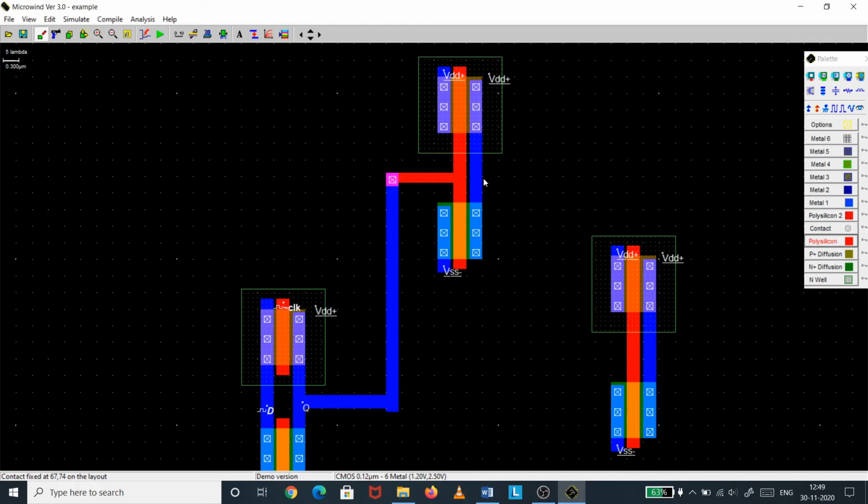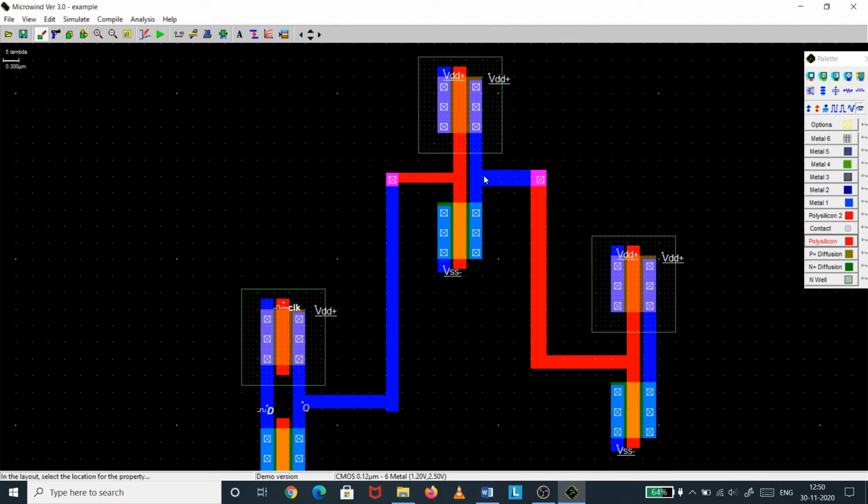Now this is nothing but Q bar, and this Q bar is connected to the second CMOS inverter. I forgot to give the name, so I will give the name Q bar. This is Q bar, right? Because this is the Q input to the CMOS inverter, so the output should be Q bar. Metal to poly connected.